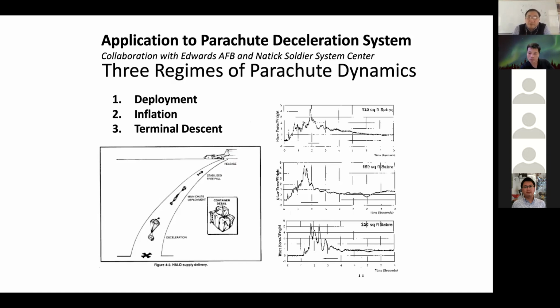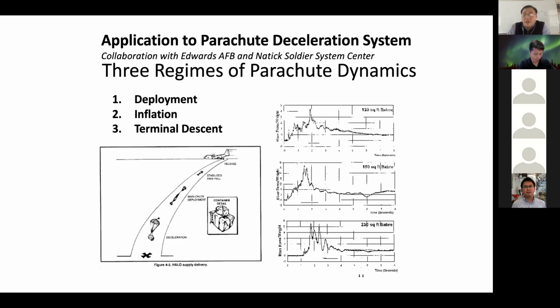or region of simulation, because the canopy of the parachute is already opened, and the change of the interface is relatively small. Now deployment is mostly rigid body simulation. And it is the inflation regime, or inflation process, that we are mostly interested in, because inflation